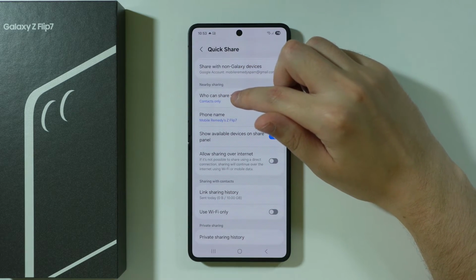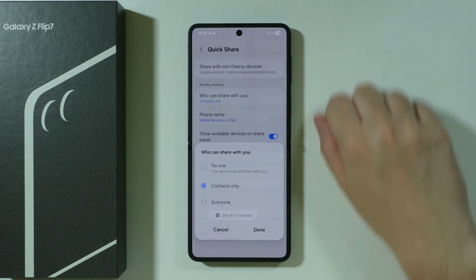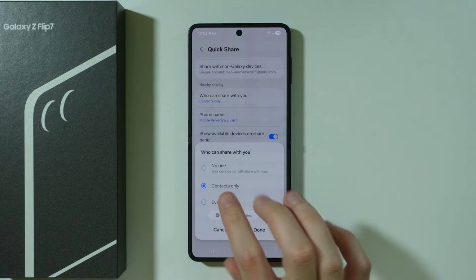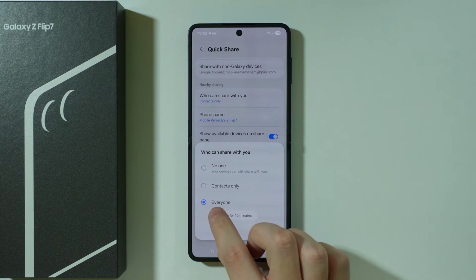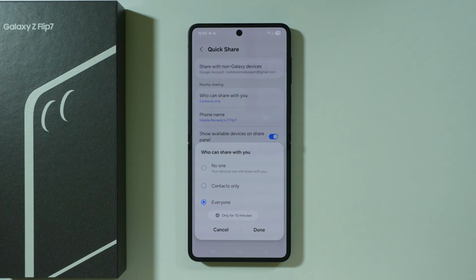Then we have nearby sharing, so who can share with you. And most of the time, you actually want to set this to everyone. And there is also an option that allows you to keep this option everyone enabled only for 10 minutes. If you need more time, then you can uncheck this option and it will be kept set to everyone until